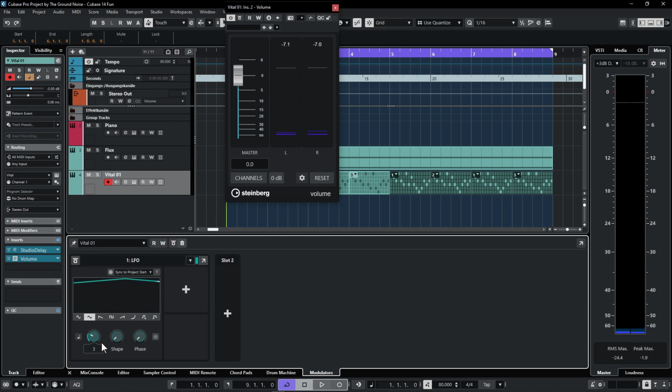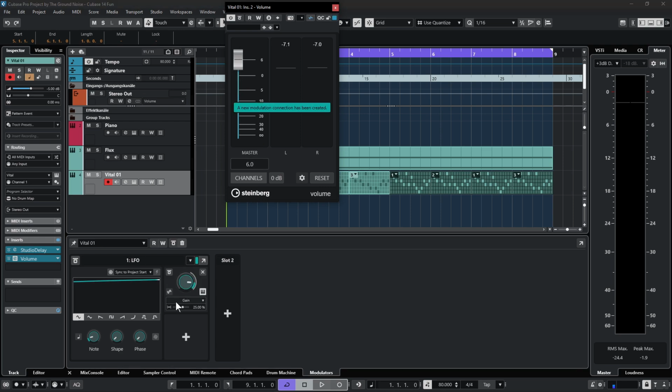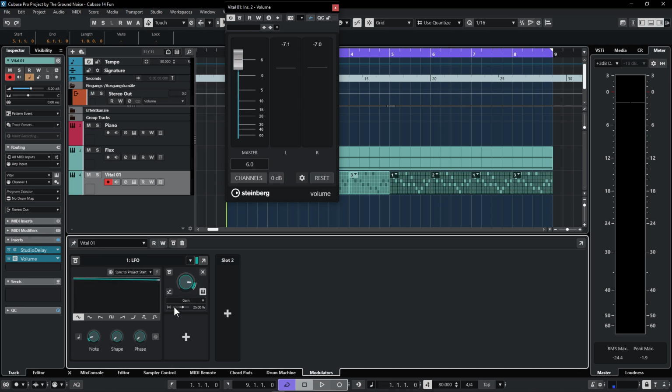And this is now the new volume plugin. And I had no clue what to do with it. And of course, some of my viewers explained it to me. Thank you very much again. So you can basically modulate the volume of a track without touching the track's fader. I'm going for a very slow fade in and fade out. And one reason for my confusion was that for such things, so far I only used the chopper plugin in Cubase, which is pretty great for fast tremolo effects and something. And I thought, why going for another method,